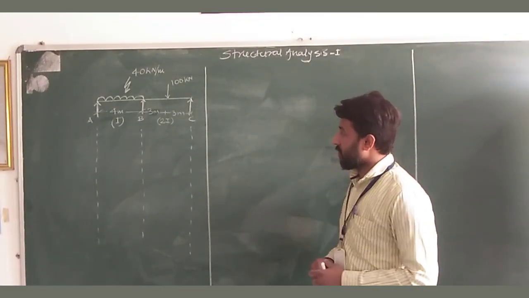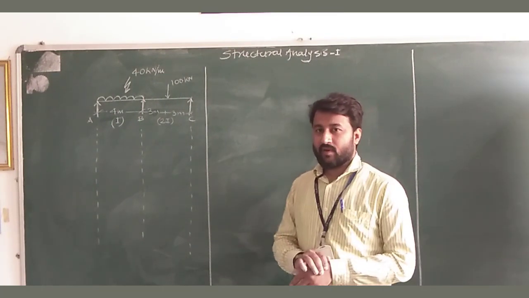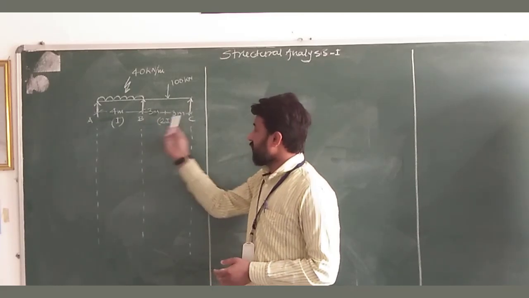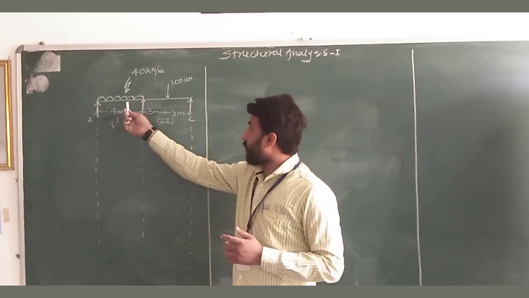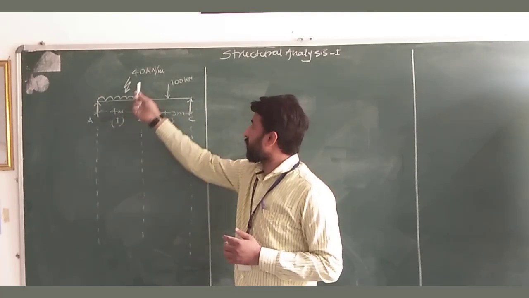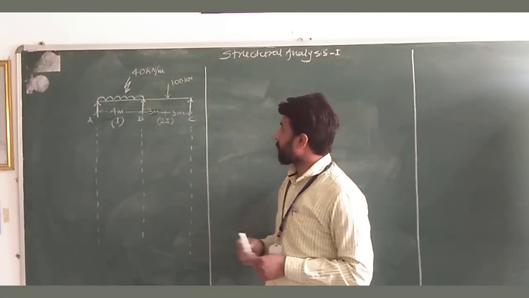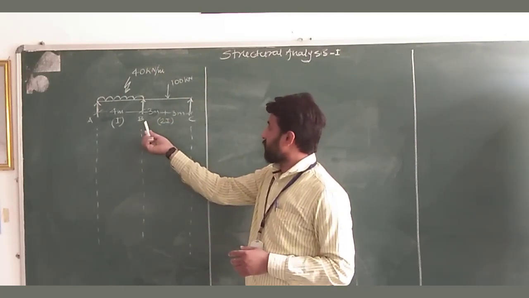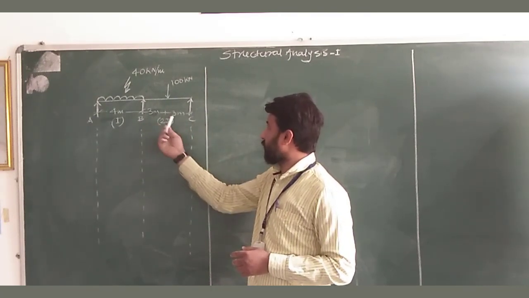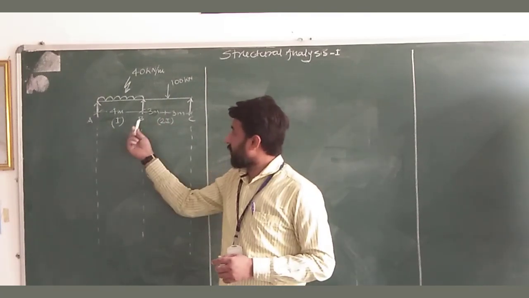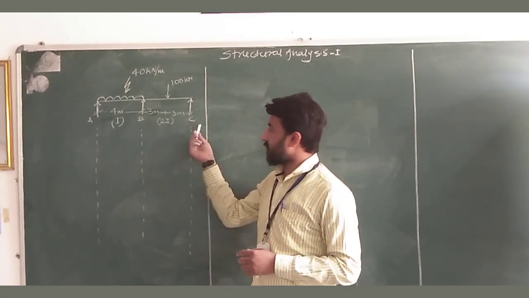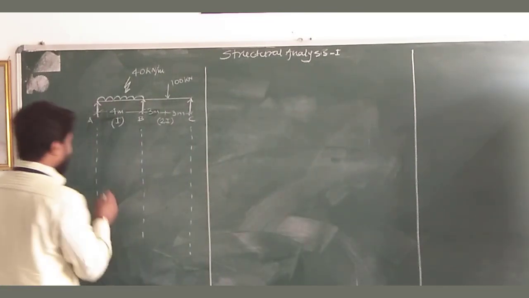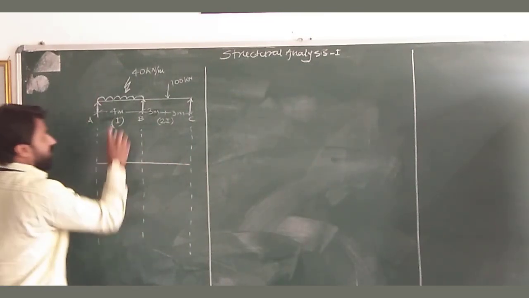So we will see Clapeyron's theorem for this continuous beam having spans AB and BC. Span AB consists of a uniformly distributed load over the span of 4 meter of magnitude 40 kN per meter, and span BC consists of a central point load of 100 kN on a 6 meter span. So this will be 3 meter from B and 3 meter from C. Span AB is having the moment of inertia I and span BC is having the moment of inertia 2I. So the very first step is to draw the bending moment diagram for these two loading conditions.